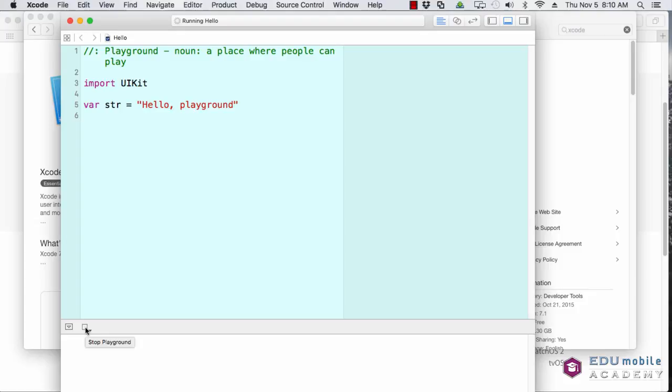This is a run button. This button tells us to stop the playground. We can also restart the playground like this. So if we, for instance, type print, and then as a function, "hello world", bang, we have our first